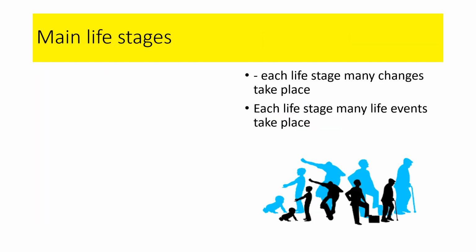Okay, so let's start. The first thing, as I've said, that we need to have a very clear understanding of are the life stages. This is questions 1 and 2 on our key questions, and the first thing that we need to understand is, what are the life stages? There are 6 of them, and the first one is infancy, which is when we're born to the age of 2 years. You'll notice it's a very short space of time, 0 to 2 years, but lots and lots of changes happen during that time.